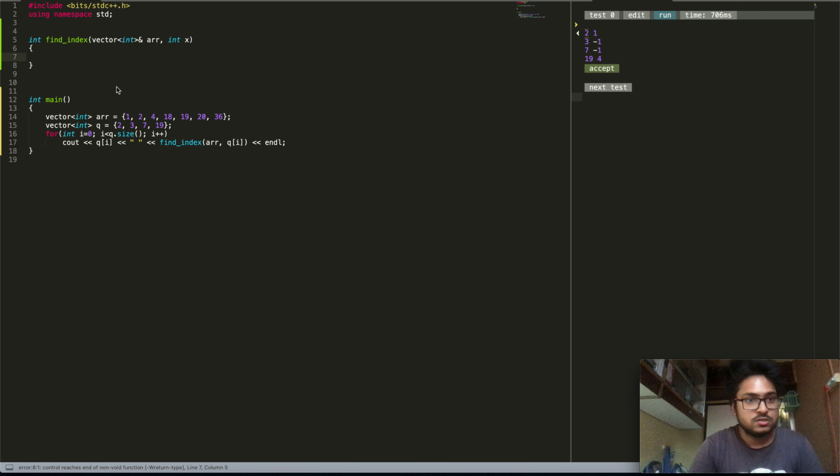So the problem is you are given a sorted array ARR over here, and you are given a target value X, and you have to find an index I such that ARR[I] is equal to X. You can return any such index I such that ARR[I] is equal to X. Now if you cannot find any such index in the array such that ARR[I] is equal to X, in that case you have to return -1 as the answer. Alright, so this is the problem and I hope that you guys understood the problem.